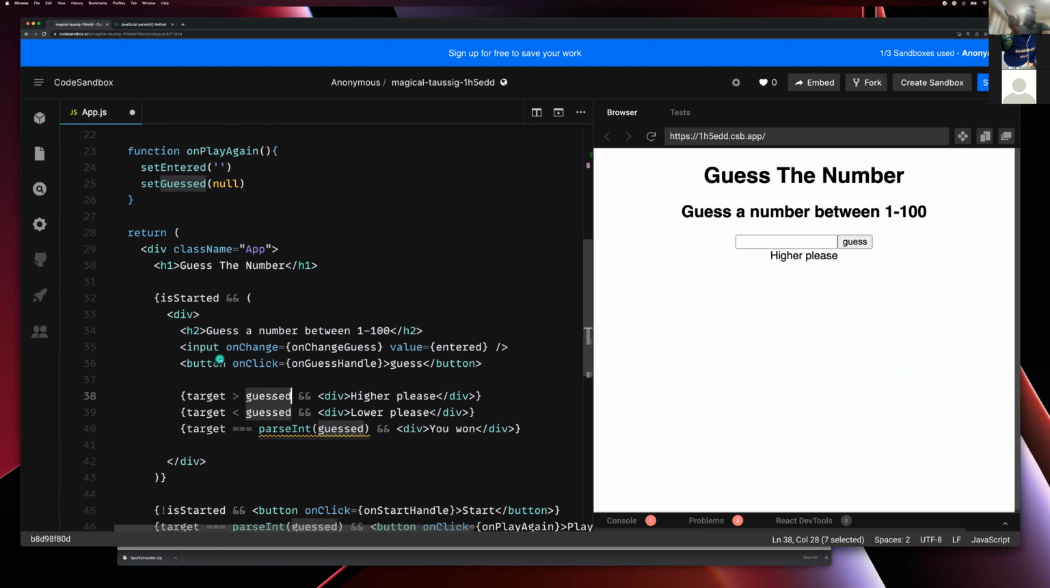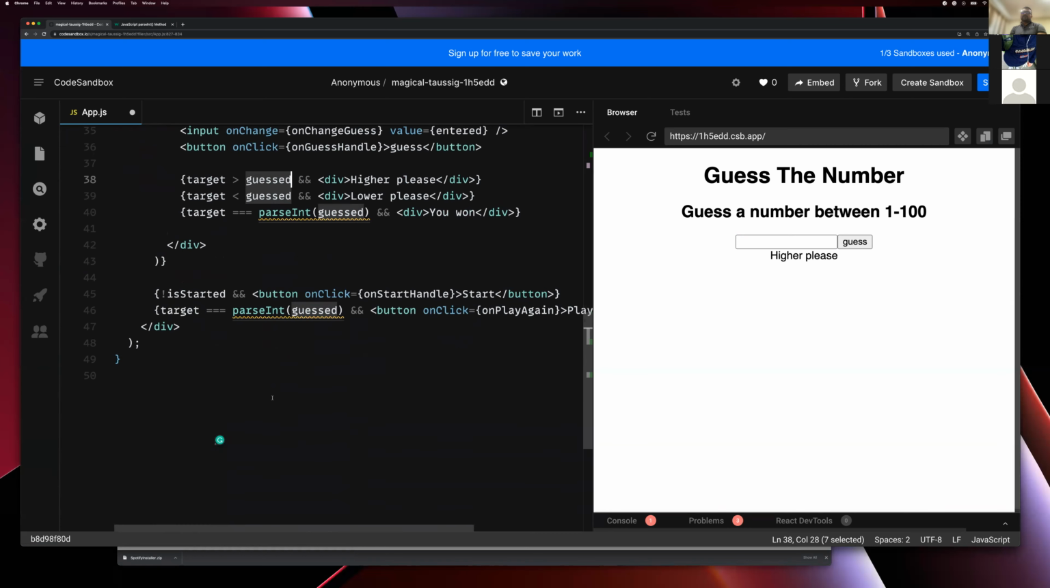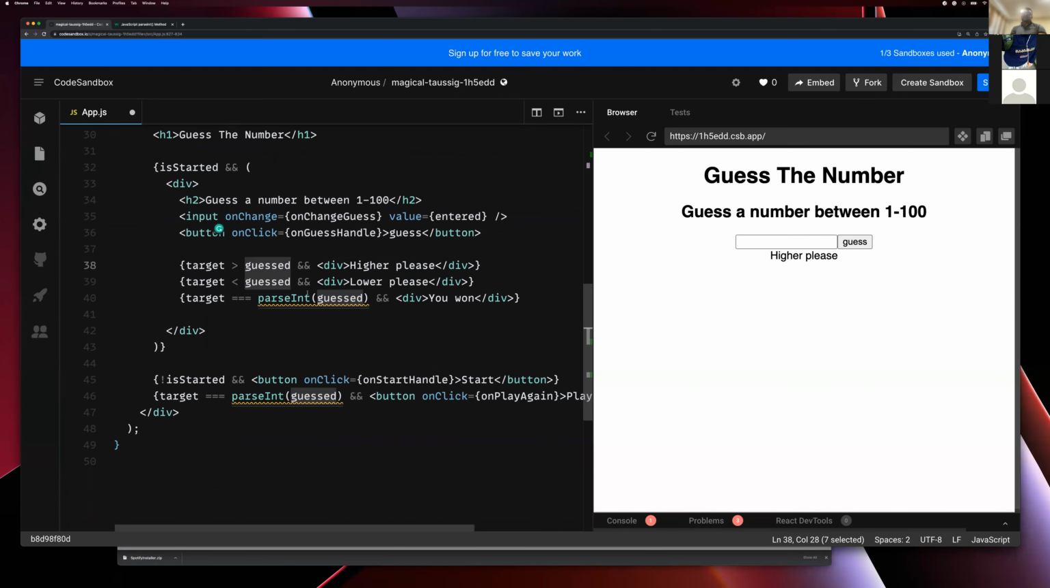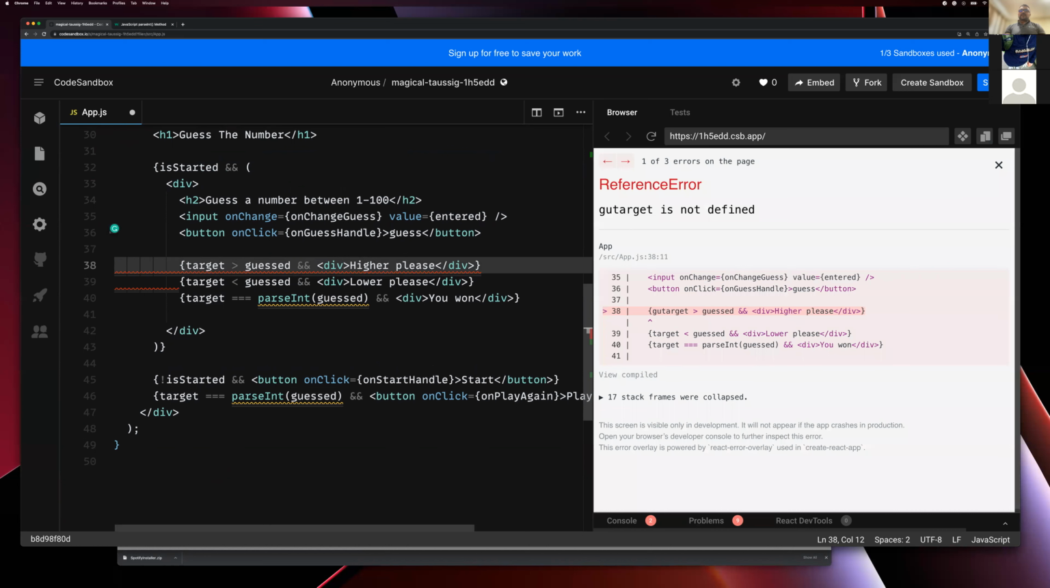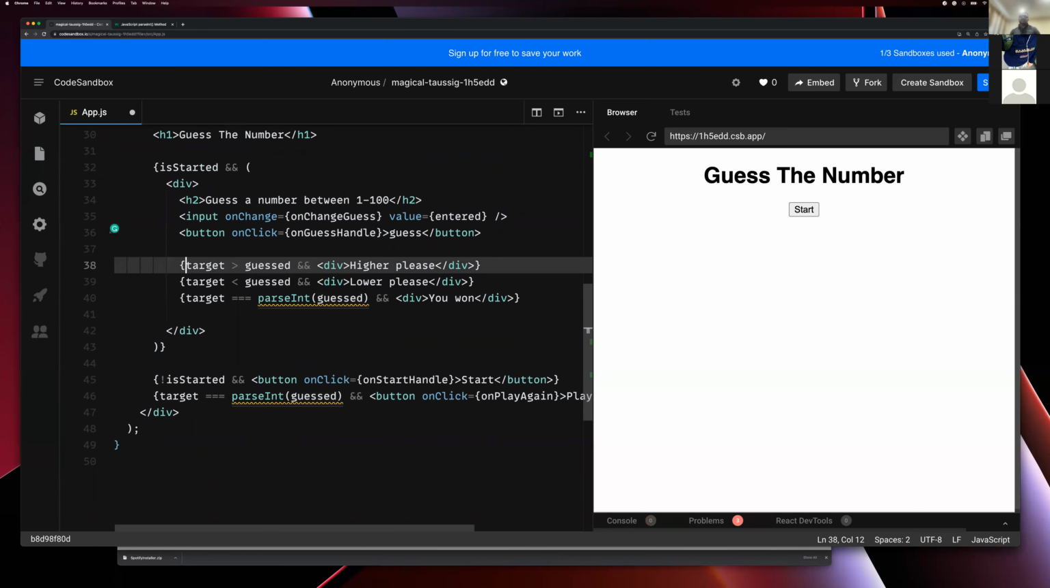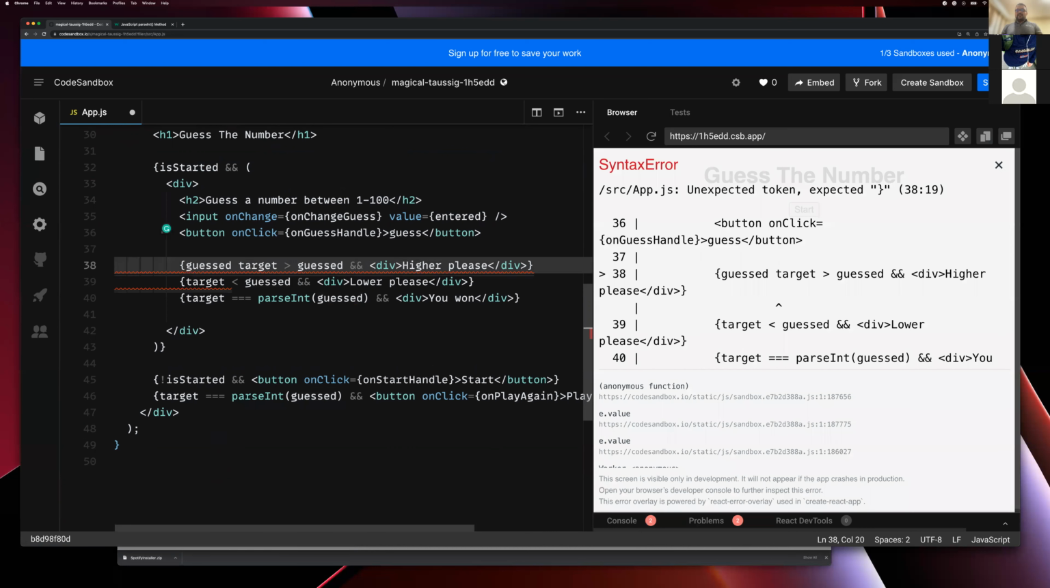Okay, so this condition we need to change, right? The target is 55, and guessed is basically null, but it is actually being considered as a 0 or something. So I would have to add another condition. I would have to say the guessed value has to be not equal to null, right? So guessed is not equal to null,